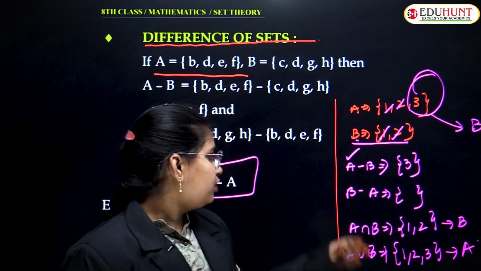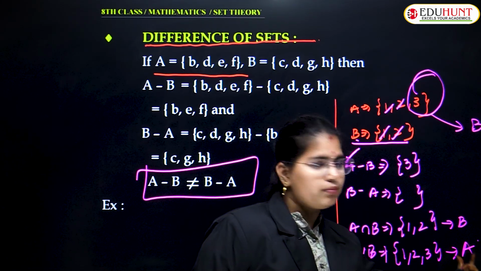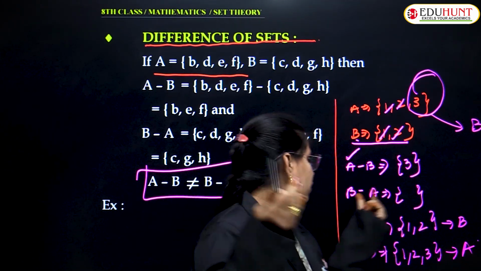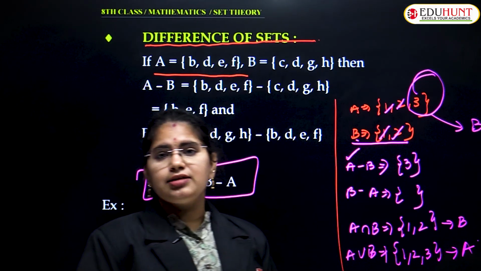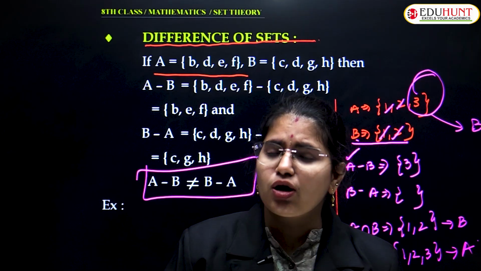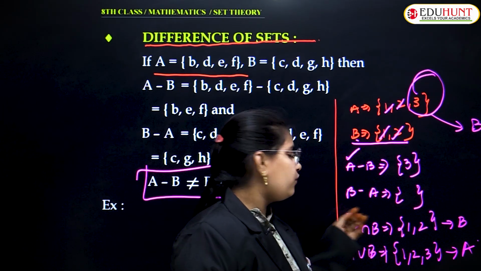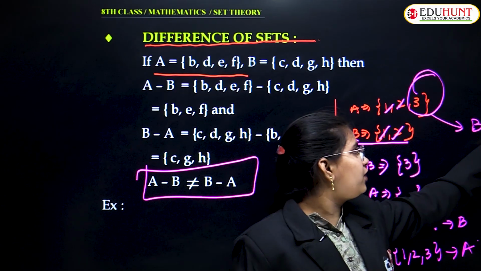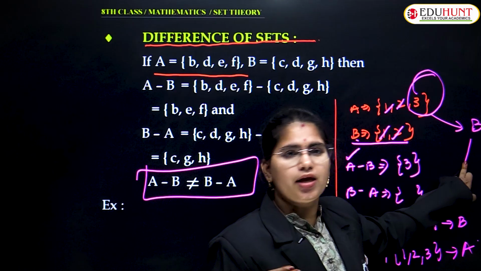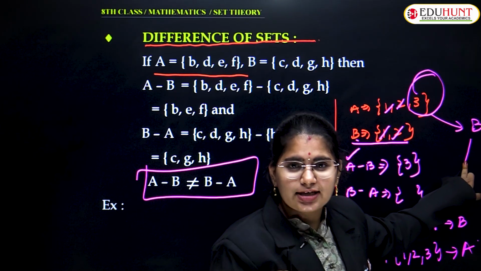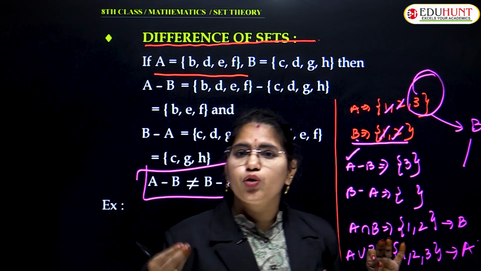So whenever you are doing B subset of A, యూనియన్ చేసినప్పుడు పెద్ద సెట్, సూపర్ సెట్ వచ్చింది. Whenever you are writing intersection, you are getting the smaller set. That is a hint. You are going to solve many problems which you will see in the worksheet. Okay. So whenever you are having B is subset of A, what is the intersection of these both elements? You can simply say B, because intersection is representing the smaller set. You have to learn in objective oriented, right?